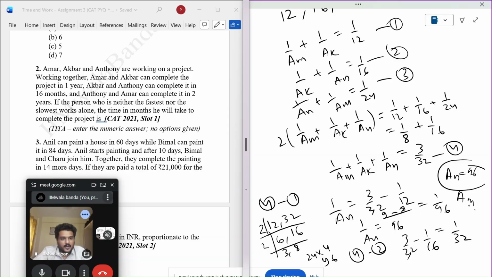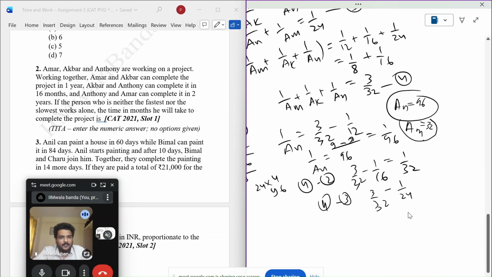is 32. Anyone can be any value. It doesn't matter. Fourth minus third, 3 by 32 minus 1 by 24. So I think 8 is the common one here. So I can basically write it as one of the ways I'm showing 8, 16, 24, 32. So I can take 8 common and just write it like this. It becomes easier. So this is basically 9 minus 4, 5, 5 by 4, or